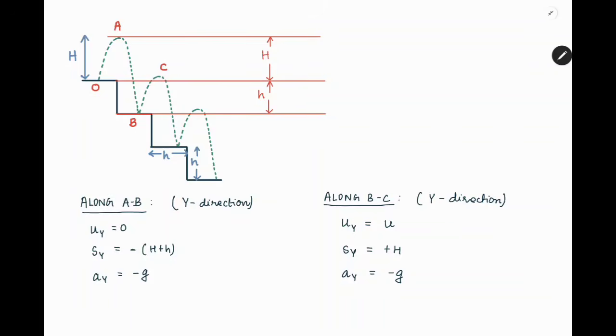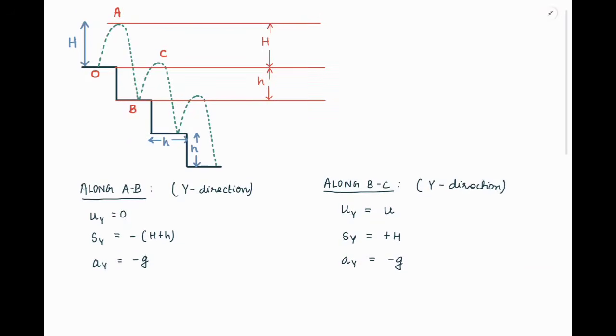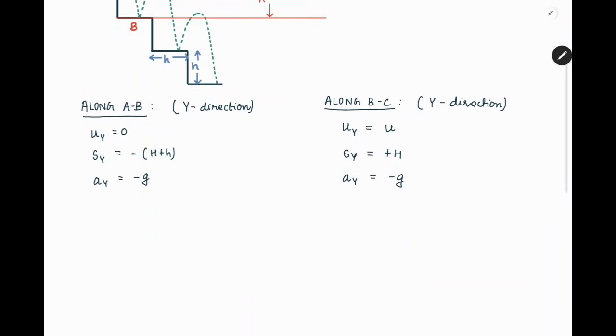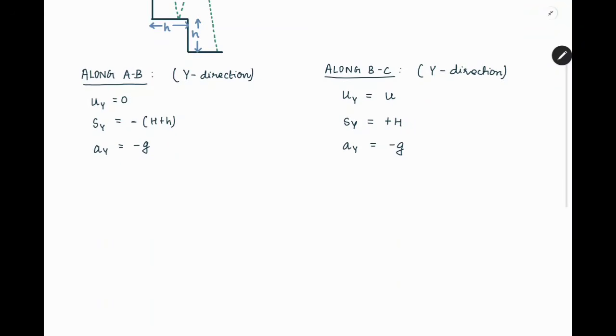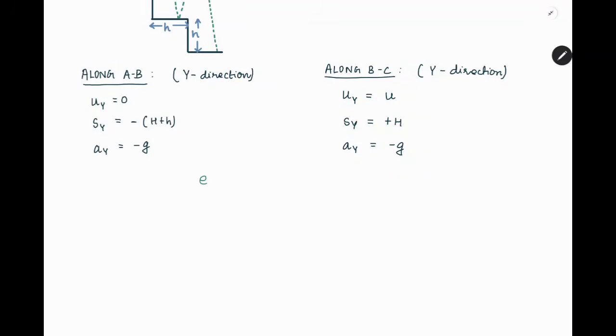So over here we can say that the particle in the direction A to B is covering a total height of h plus H, and then it undergoes a collision which will definitely change its y direction of velocity, and the coefficient of restitution is given to us as e. So over here we can definitely frame an equation like this: e times, where e is the coefficient of restitution, times root 2g(h plus H), and due to this coefficient of restitution, this time it is only going to attain a height, root 2gH.